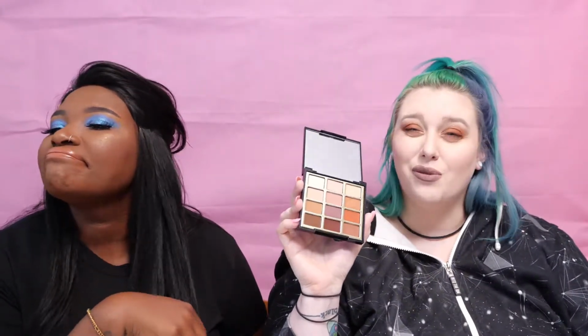And then the Most Loved Mattes. I think that they would have performed just as well without the eyeshadow primer. I would like to try to use that eyeshadow primer in maybe one of our 2-in-1s to see what's going on there and if it's really just as hard as ever to get off. But I think for the price, $20, for what you get, this could have been like 12 or less, honestly. It makes sense with their range for price, but...